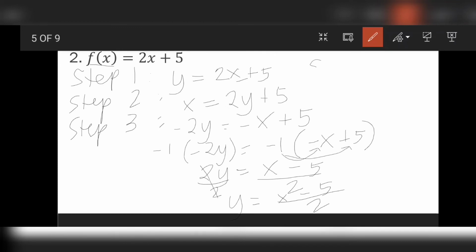And step 4, we will now change y to f inverse of x. So we have f inverse of x equals x minus 5 all over 2. And that will be our final answer. Next